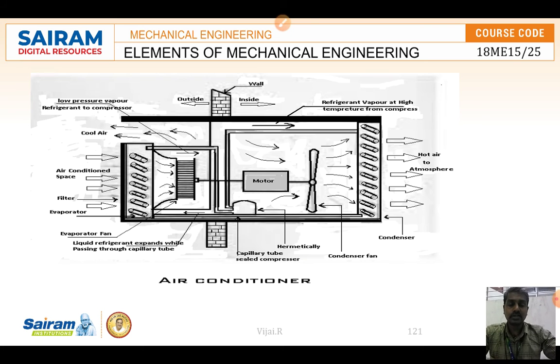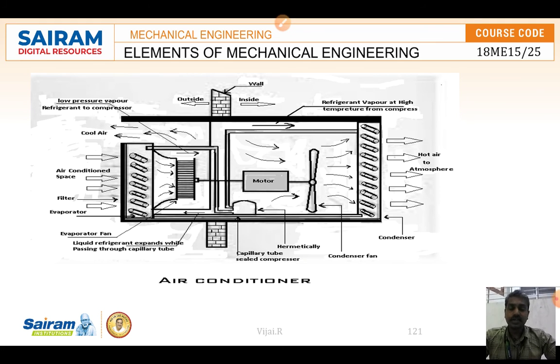At that time the fan, which is rotating outside of the room, continuously blows air over the condenser coil. The heat in the high pressure refrigerant vapor is released from this. Once the heat is released, it loses its temperature and converts into the liquid stage. That's what we call the condenser area.